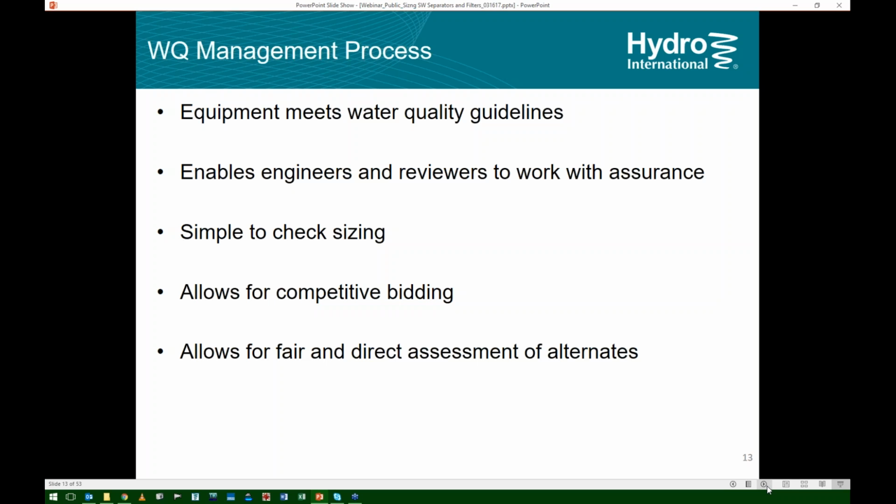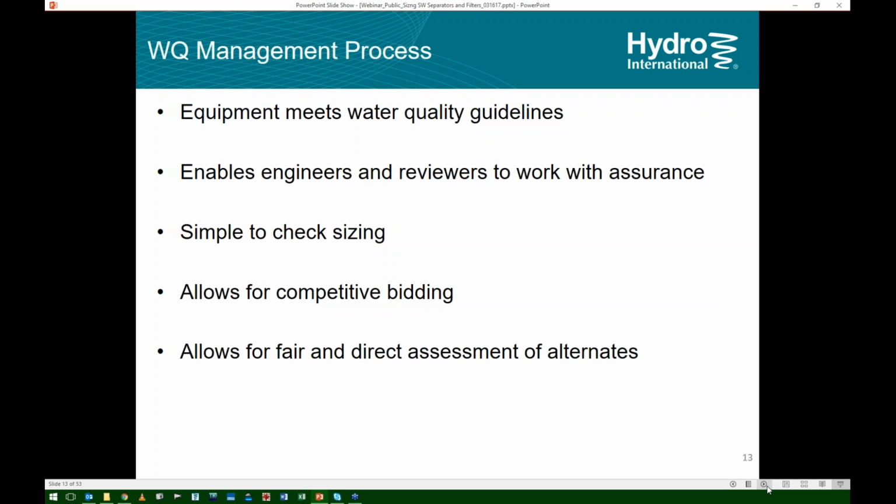And also it allows competitive bidding, so that if a project goes to bid, especially a public bid, one item is specified, and 3 items are presented as alternates because A, they can get them cheaper, or B, that's who their supplier is. So you need a competitive bidding situation, which is a good thing, but you also need to